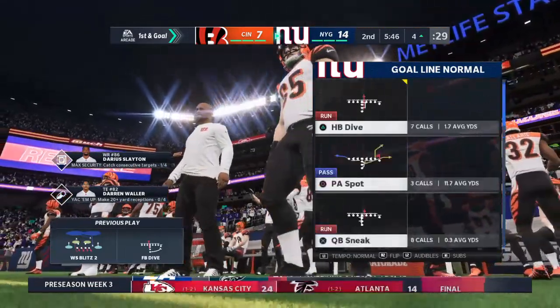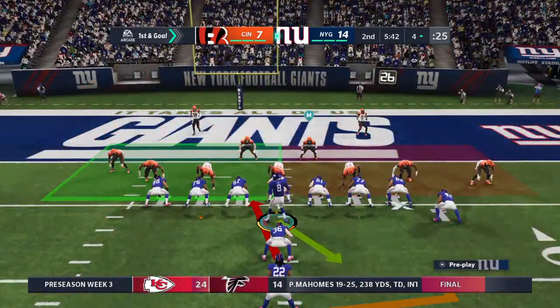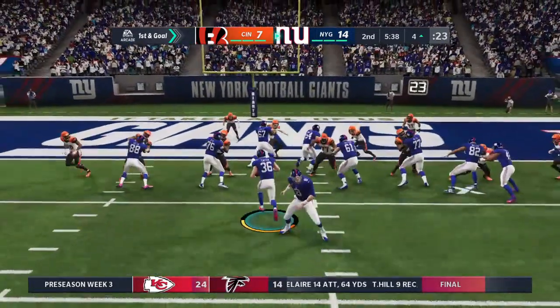On 3rd and 1, it seems natural to just turn and hand it to the biggest guy you have in the backfield. But usually, he's not the primary runner. So for the defense, they're often keying on the running back because he's...